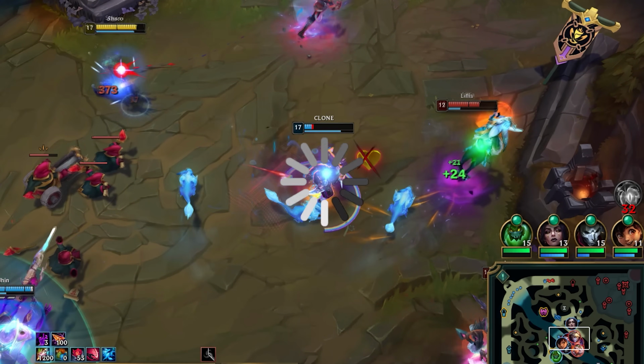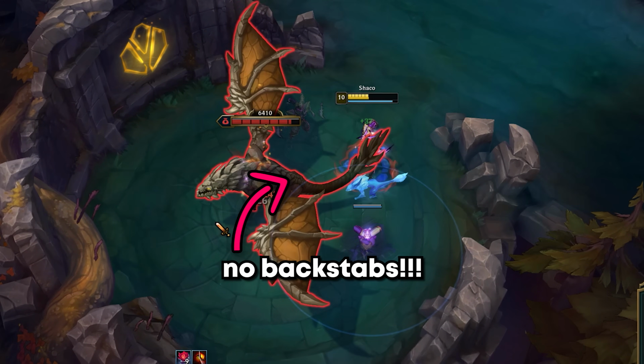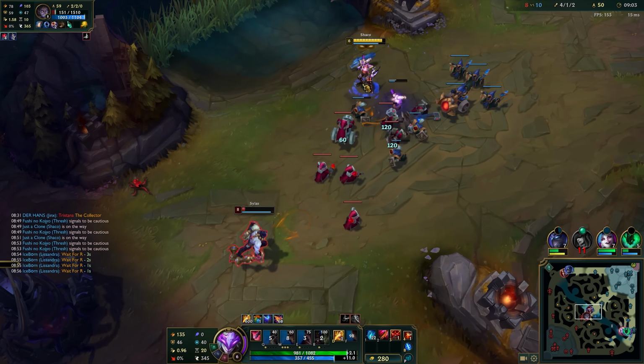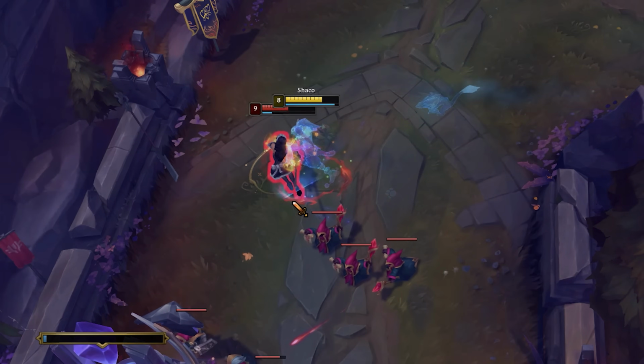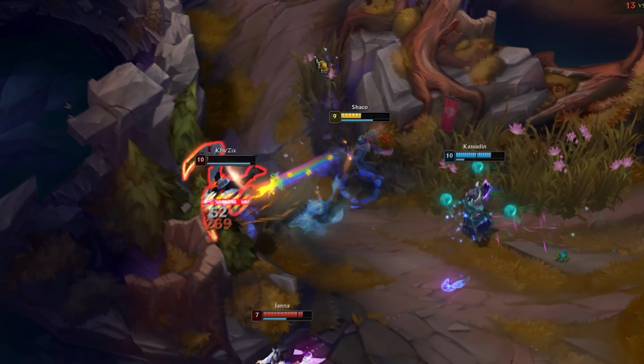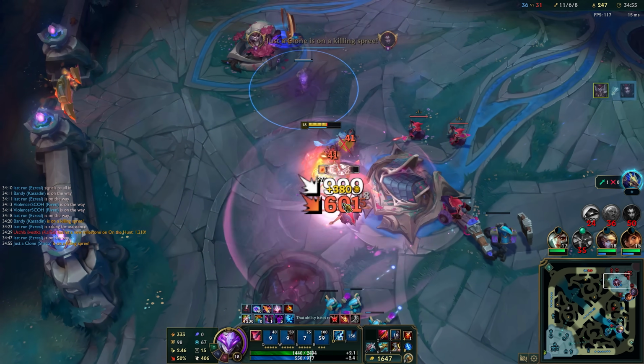On top of that, updating the clone and fixing core issues like the backstab bug would solve so many long-standing problems. No more missed kills. No more backstabs doing 0 damage because of a buggy interaction that many times is completely out of player control. All of this would bring Shaco closer to what modern League champion design should look like,